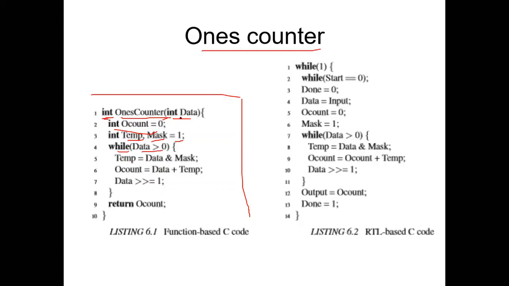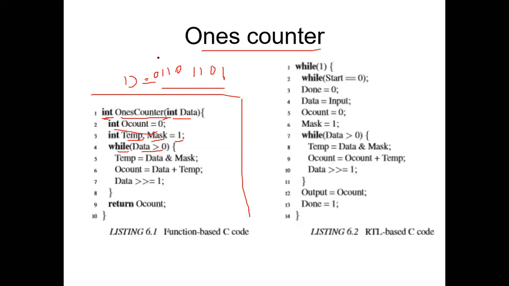Initially, if you are passing a data, for example an 8-bit data like 0 1 1 0 1 1 0 1, maybe this is an 8-bit data. If you are passing an 8-bit data to this function, first this is data d equal to this one. Initially we will be checking whether the data is greater than 0. If it's greater than 0, it will enter this particular loop.